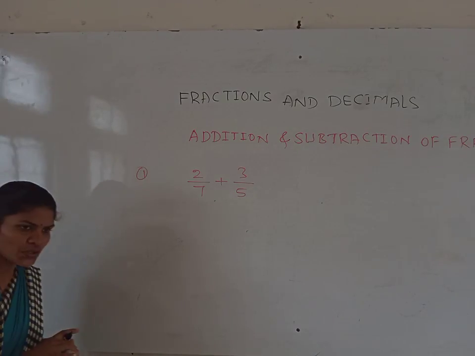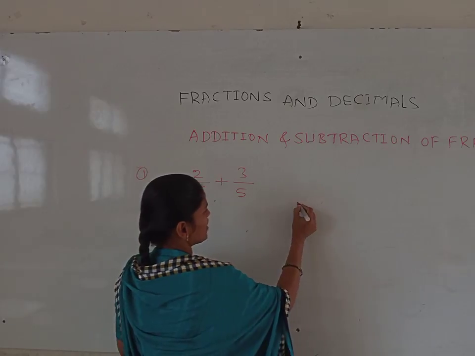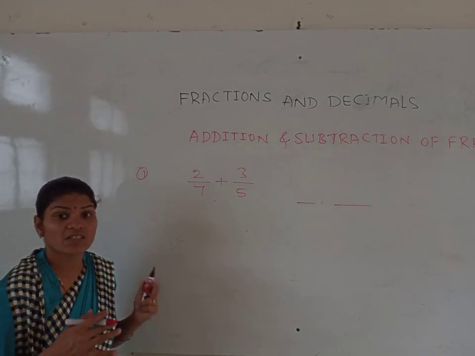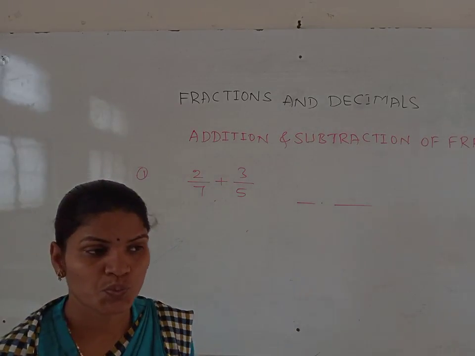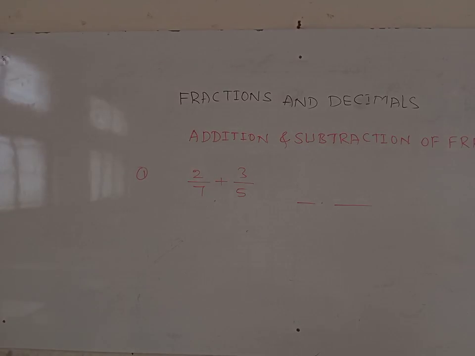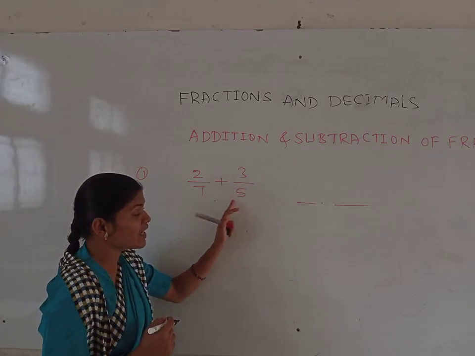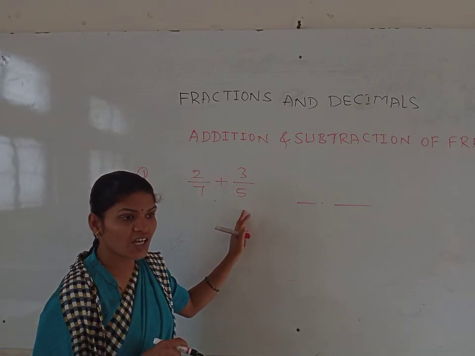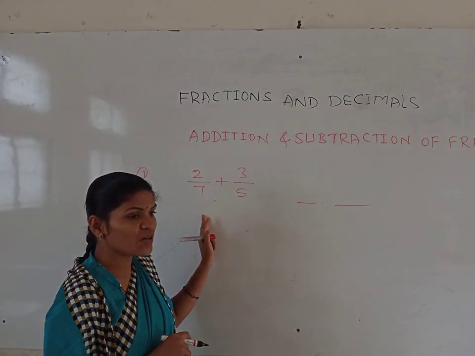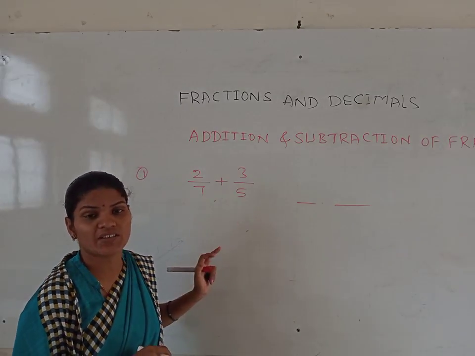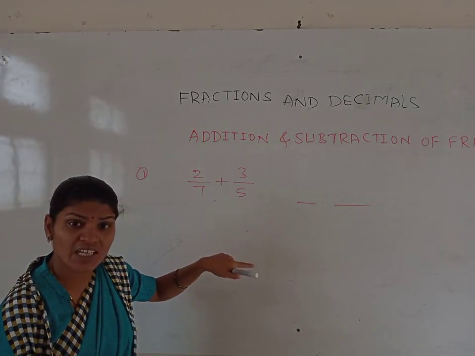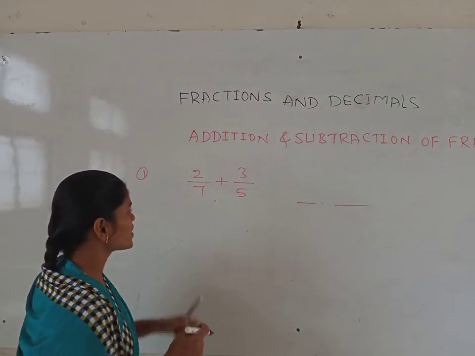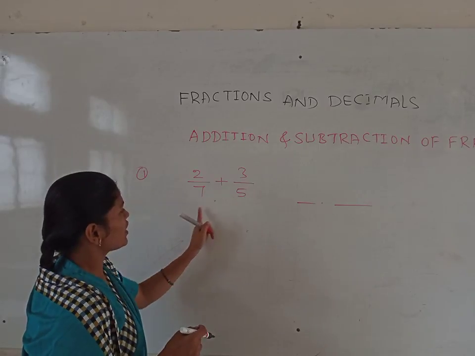How to add these two? If the denominators are the same, then we can add the fractions easily. Then if the denominators are different, how do we add these two? That is our task today. How do we have to add? First we have to make the denominator the same. If you want to make the denominator the same, you have to take the LCM. Take the LCM of both the fractions' denominators, then you will get the same denominator. If you get the same denominator, you know how to add and subtract like fractions. Then we will follow it. Okay. Now we have to make the denominator the same.